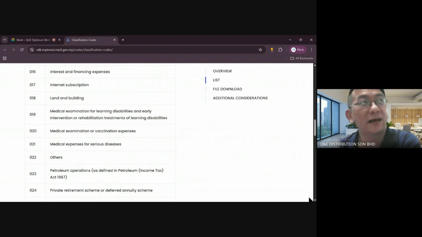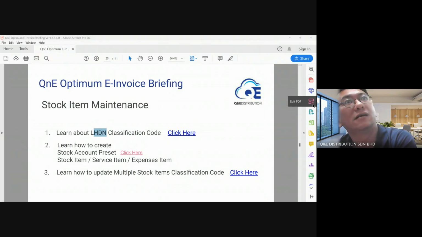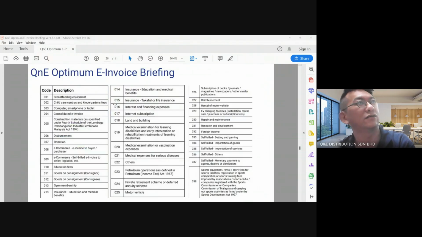And under the slide, we also give you the listing already, so maybe you can study later. So basically, if it is not in the list, we will select as others. For self-bill, we also select self-bill others. Other than that, you have to refer to the item which is related to your industry,